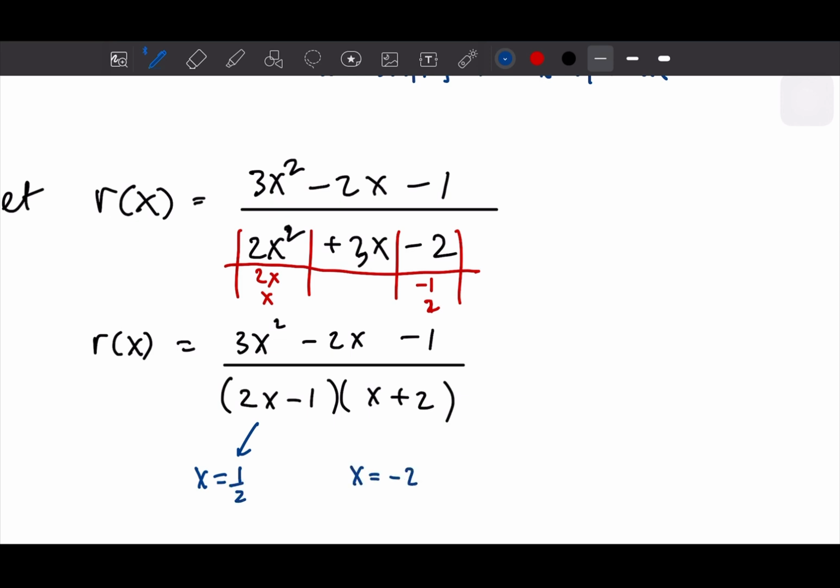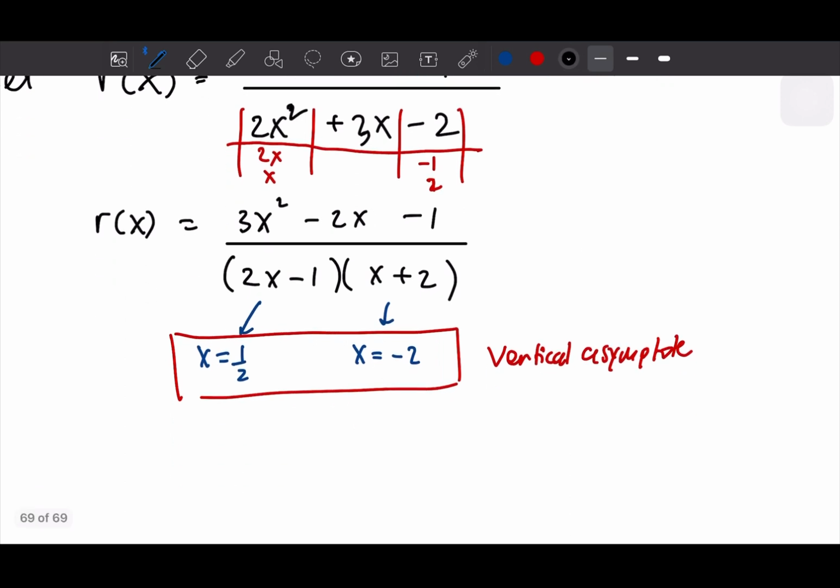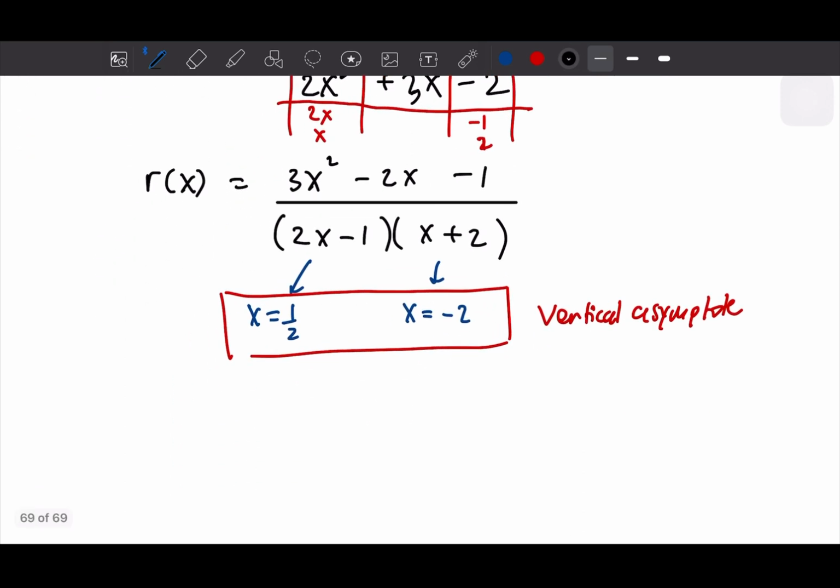Both of these, I will write here, will be our vertical asymptotes. Now to find the horizontal asymptote,